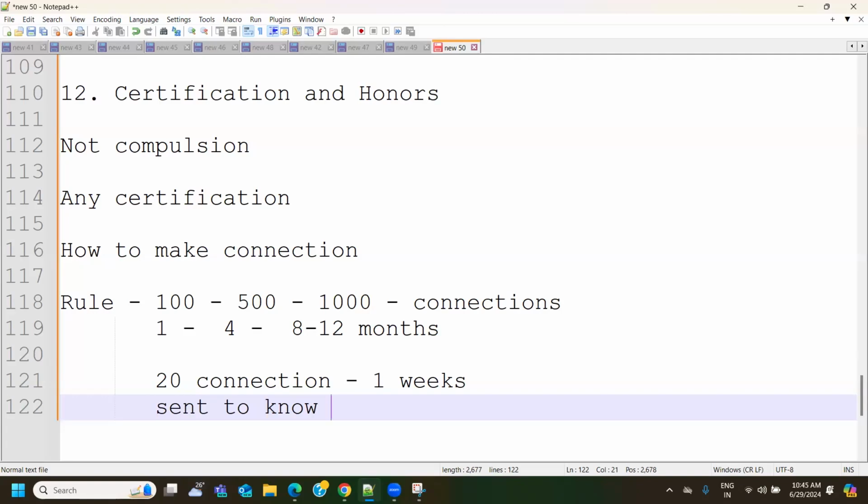Once you create your profile, do not randomly start sending requests if you do not have all these 12 points correctly mentioned. If your LinkedIn profile is not correctly updated and you're sending a request to some other LinkedIn member, they will never accept it. The first thing LinkedIn members do is go through each and every profile they have got a request from.